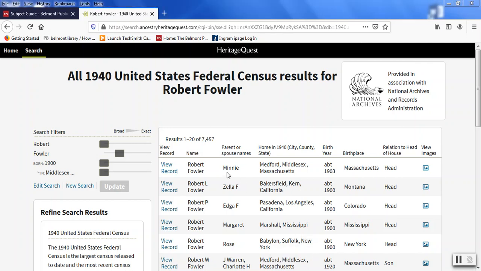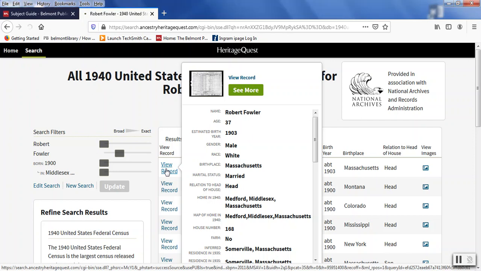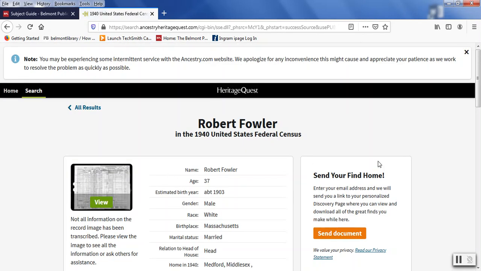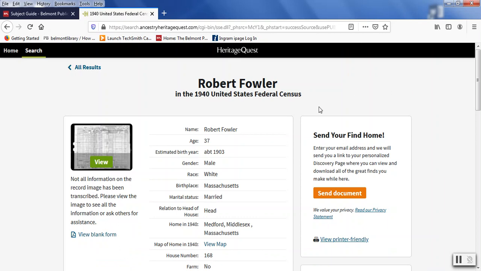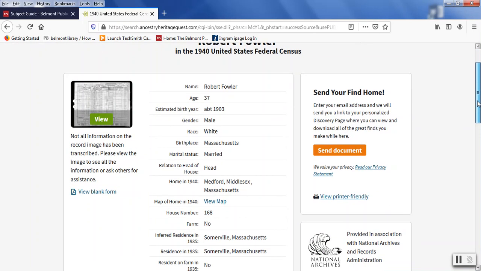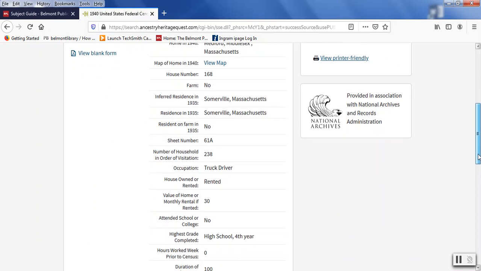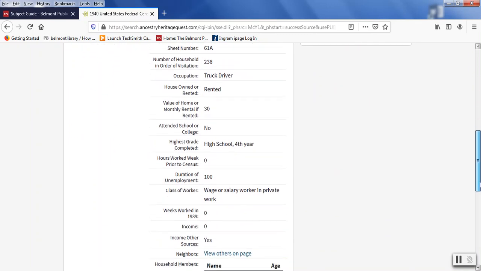But in any case, since this record at the top looks good, we're going to go in and view the real record. And what we see here at the start, I'm going to get rid of that error message, is a transcription of some but not all of the information that's on the original census record. So this is helpful because it's nice and easy to read, and it will show me who I'm working with, the age, estimated birth year, relationship to the head of the household, a little bit of information about the address, occupation, whether they owned their house, a bit about education,